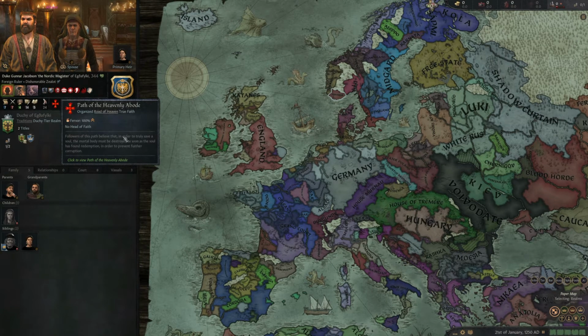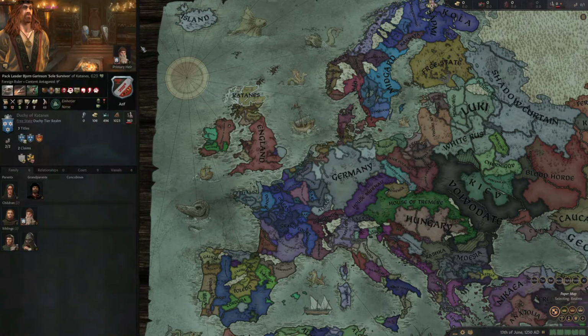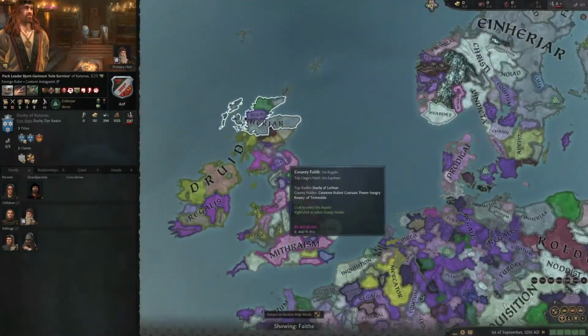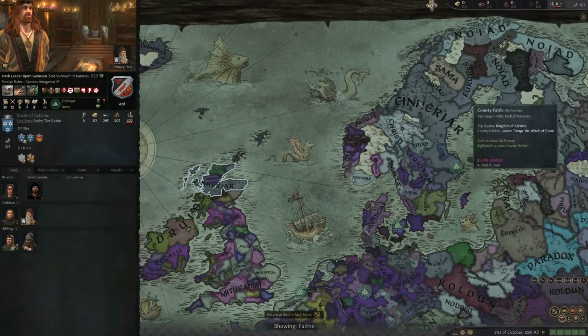I don't understand, but okay. So if someone converts to Christianity, they must be killed so they can go to heaven. That's something. Alrighty. Oh, there's more Norse over here. Okay. I wasn't really sure how much this spread, but it looks like there's a whole band, a width of